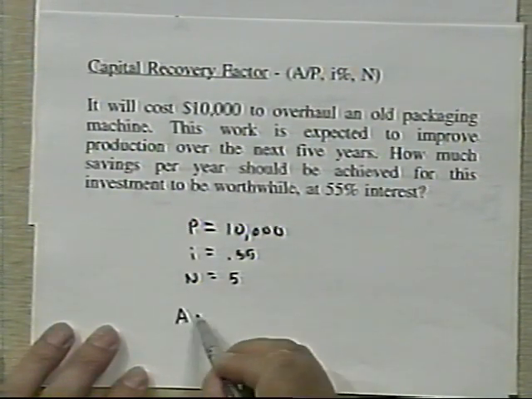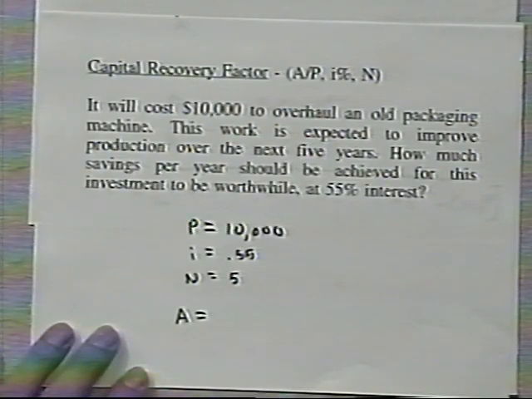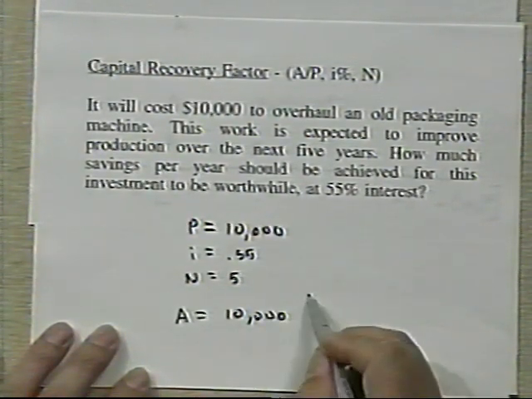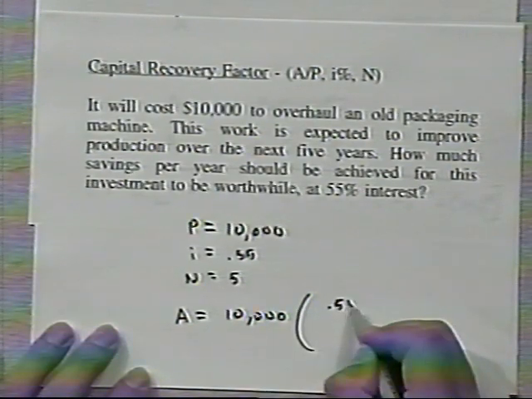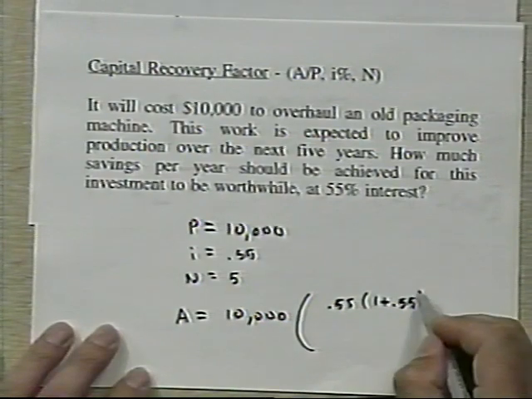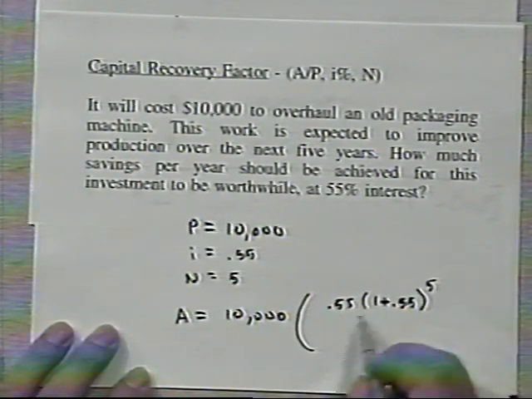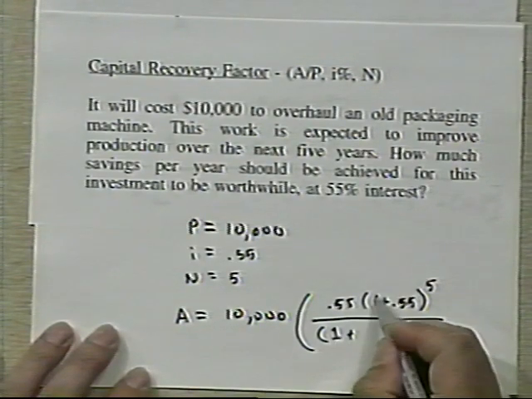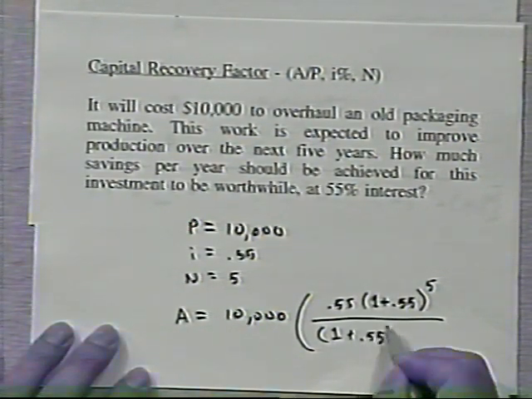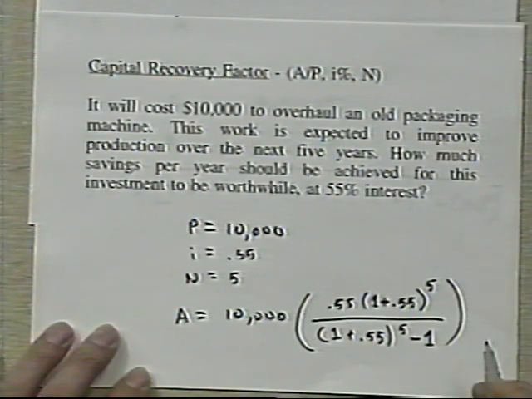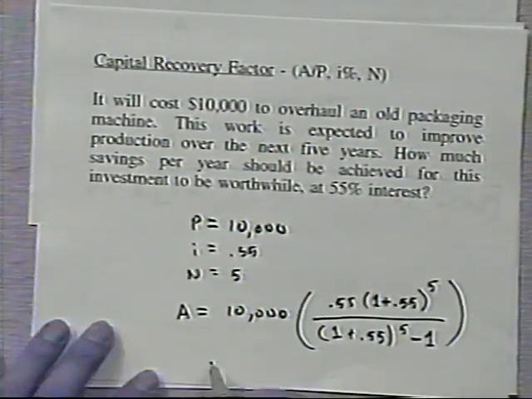So from our capital recovery factor, A is equal to P times 0.55 times (1 plus 0.55) raised to the 5th power over (1 plus 0.55) raised to the 5th power minus 1. And if we calculate that out, that gives us the answer of